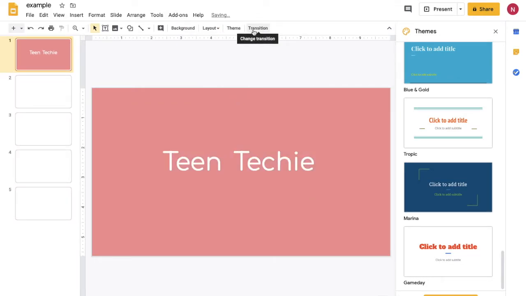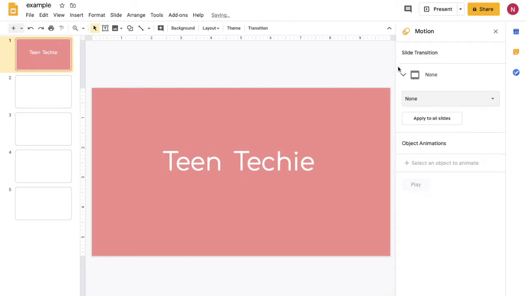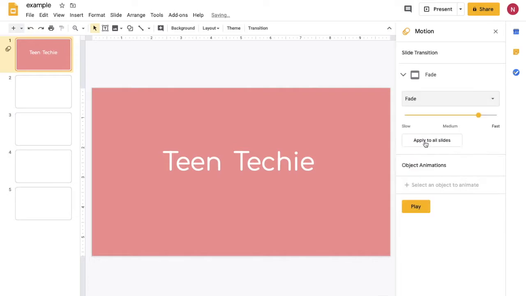To add a transition between slides, press Transition. In the sidebar, you can use the drop bar to change the transition and use the slider to change the speed. If you would like a consistent transition, you can click on the button on the bottom that says Apply